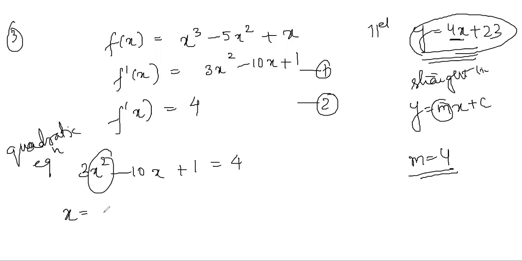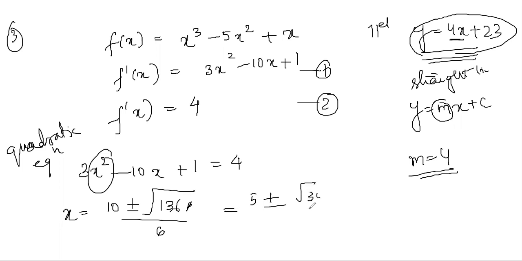Okay. So when you solve all this, you are going to get the root as plus or minus root of 136 by 6. So just keep on solving. You will get the value of y. If you cancel it and take out the common factors from here, you are going to get y as 5 plus or minus root 34 by 3. You need to do all this, okay? So this is your root of the x value.